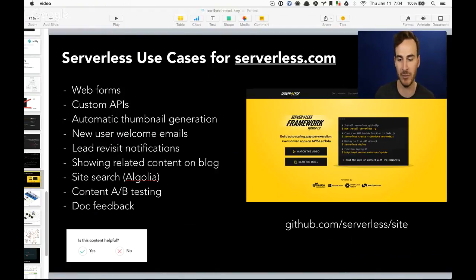It triggers a Lambda function. Lead revisit notifications, showing related content on the blog if you wanted to. And then, yeah, doc feedback is an example. Like, was this content helpful? Yes or no? Right now, we're using it for 404 tracking, and we actually can proxy out to a given